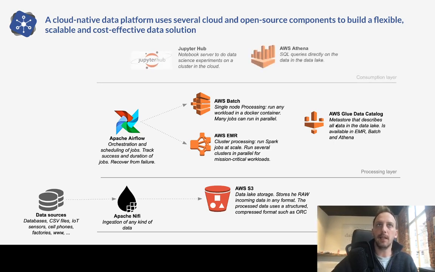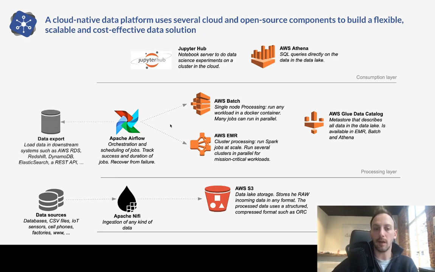And then finally, we also have a more consumption layer where we use Amazon Athena, which is some kind of SQL interface with which you can query the data directly. And we use JupyterHub, which is a notebooking service to do some experimentation. All of this is in the data platform. If you want to export data, we export data to any database they like, basically to a relational database, to DynamoDB, to whatever. I'm not expecting you to understand all of these components, but it should give you an idea of